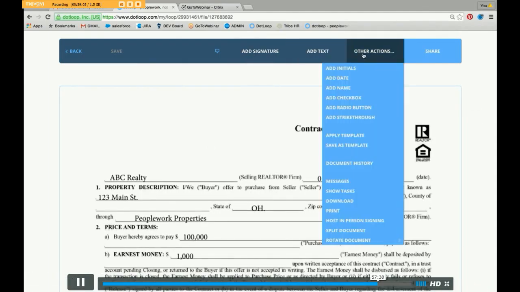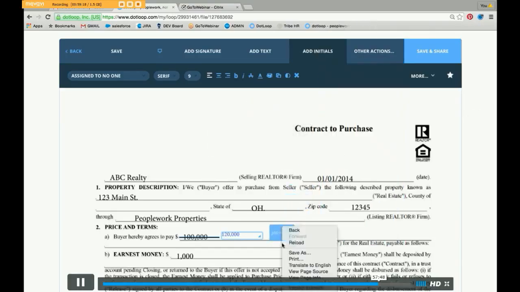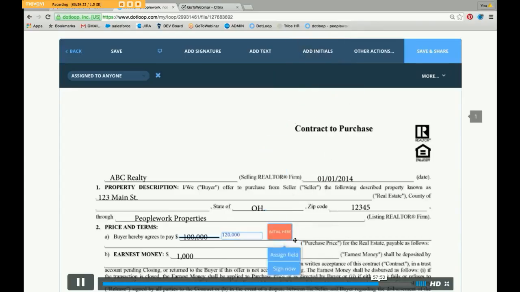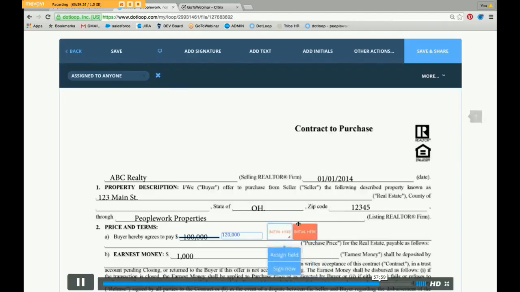You've got your tools up here. Depending on your region, it might be standard practice to strike through, add the counter, and then drop an initial where your client can sign. If you need to, Shift-Alt to the right, drop 2, assign these to the proper people. All right? So